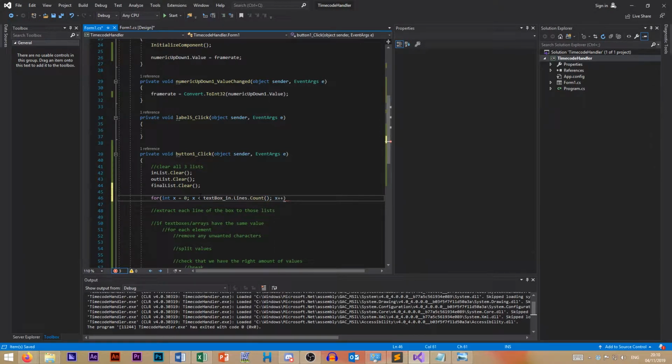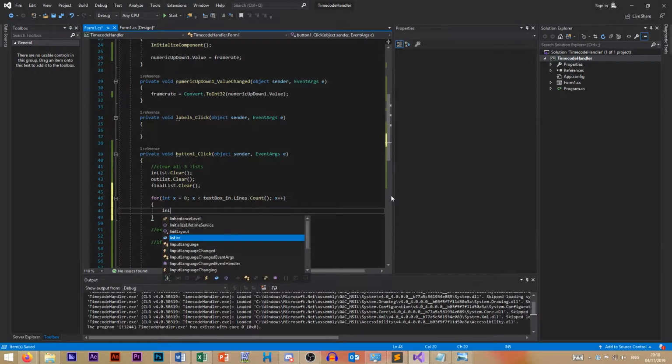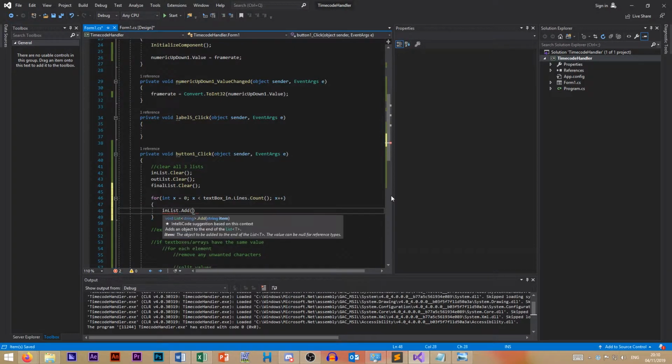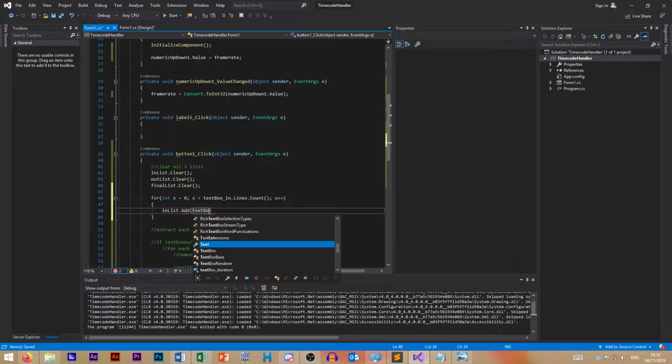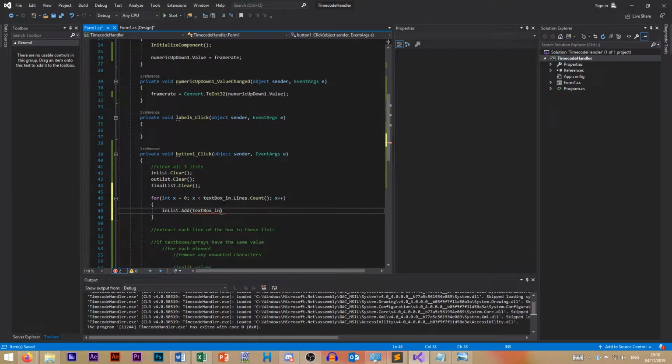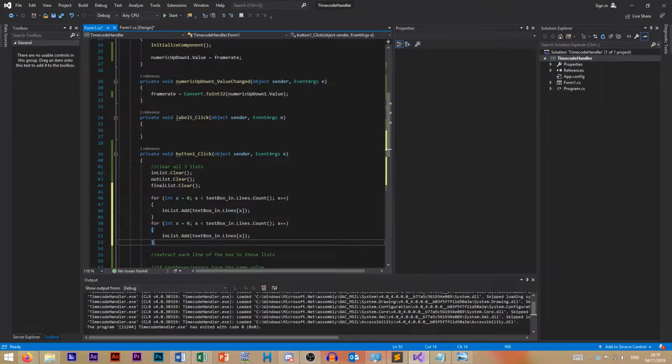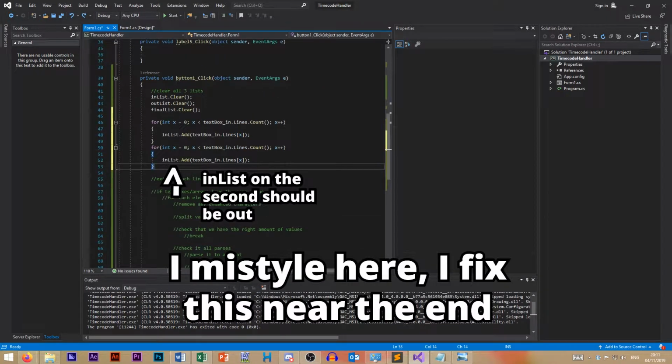And x++. So we loop this for as many lines as in the text box. And then we can just go inList.Add. So we can add the text box in. So the text box we're reading, dot lines, and we get the line we're currently on. And do exactly the same thing here. So there we are, we do exactly the same thing, but instead we want to get the output